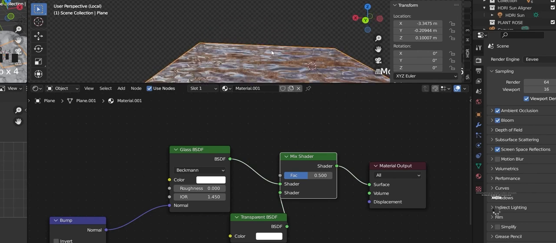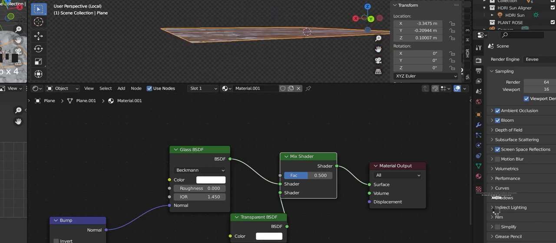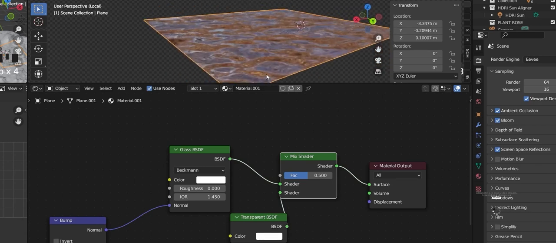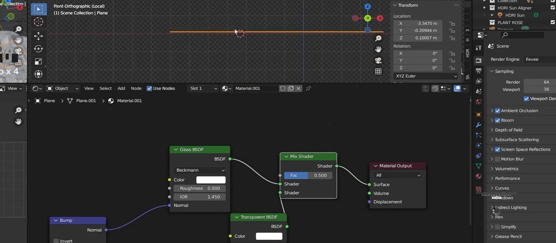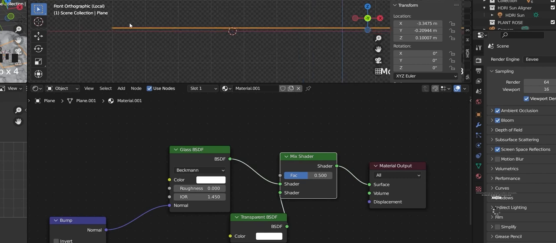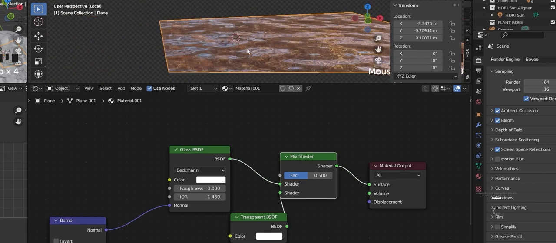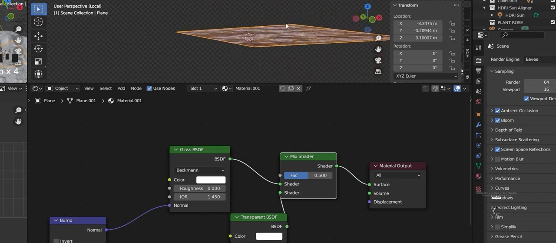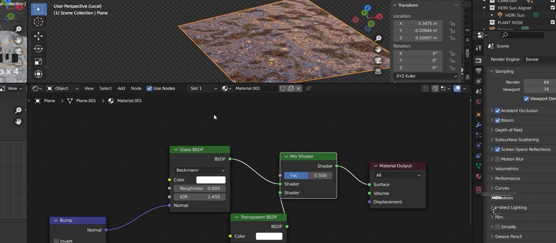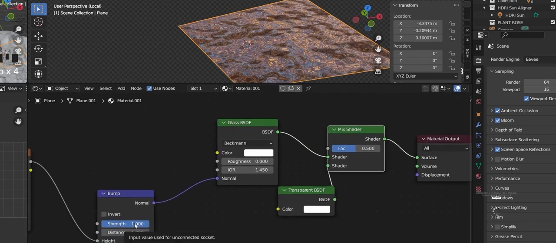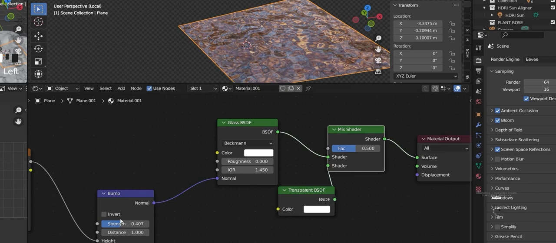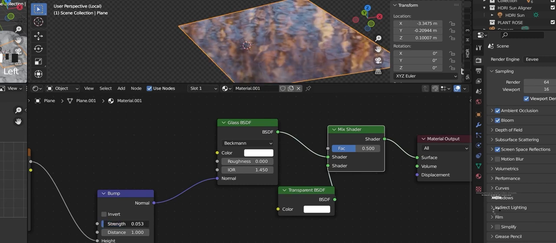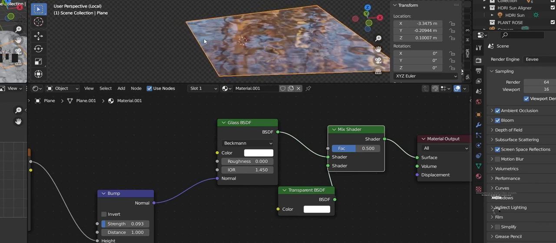you will see that our glass material also has height. Now it is a fake height. It is not actually up and down, but it is acting like that. You can see it is not up and down, but if we see from here, it is showing that it has some sort of height. So the height is quite a lot. We are going to make something like that. Now if you press the slash key,